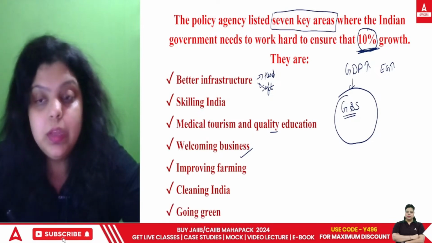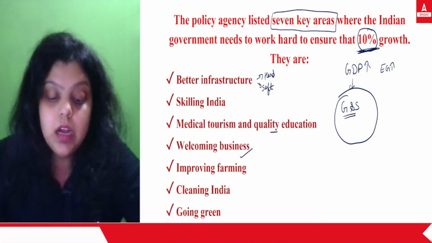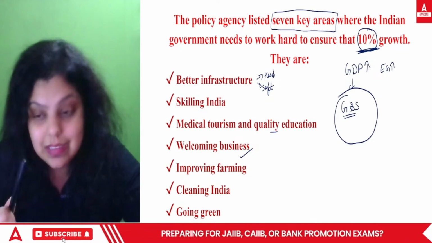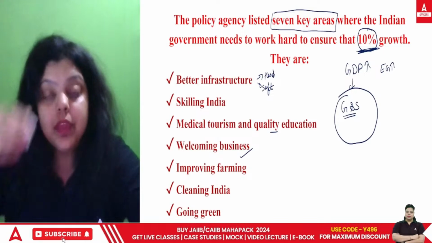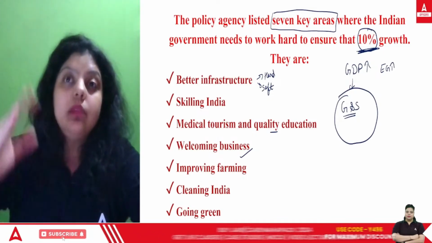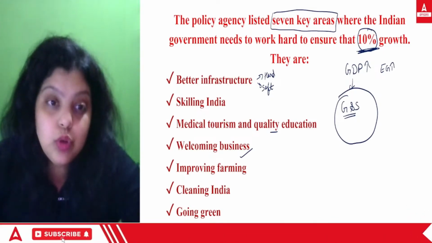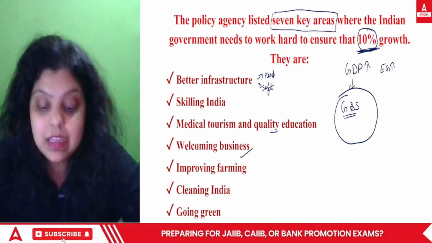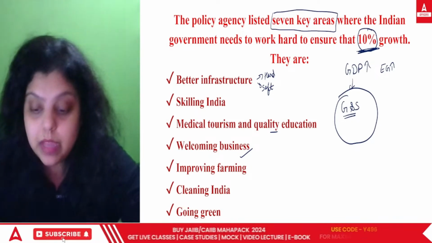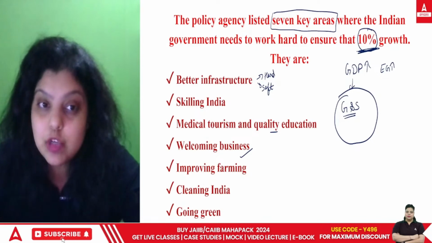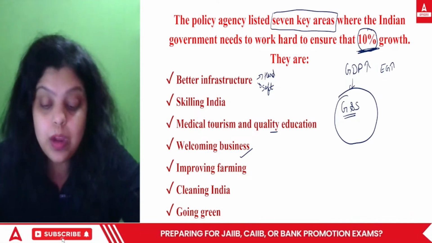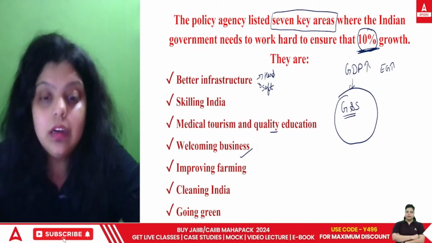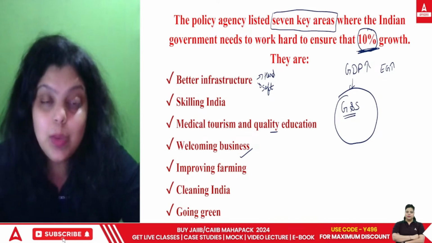Then apart from that, going green. Going green means addressing climate change. We talked about it in the third or fourth lecture, I think. Climate change is when there are long-term changes in the temperature of your country. To stop that, we have to take certain climate action, and for that, we have to go green. Green finance, green bonds, green GDP are certain initiatives that we are taking to help